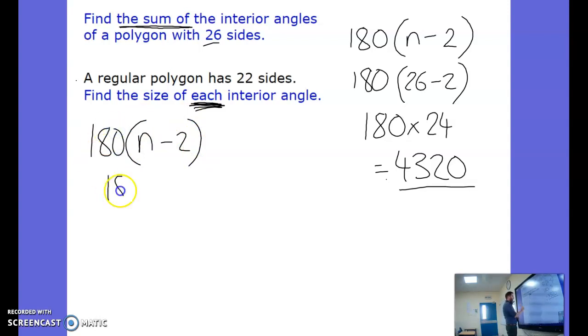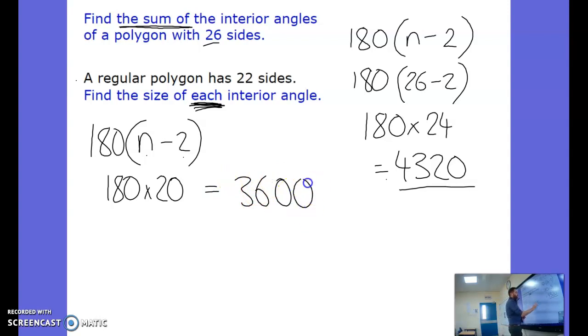In this case, that's going to be 180 times 20, because 22 minus 2. And so the sum of the interior angles here is 3,600. And to find one interior angle, I divide that by the number of sides. So if there are 22 sides, 3,600 divided by 22, and that equals